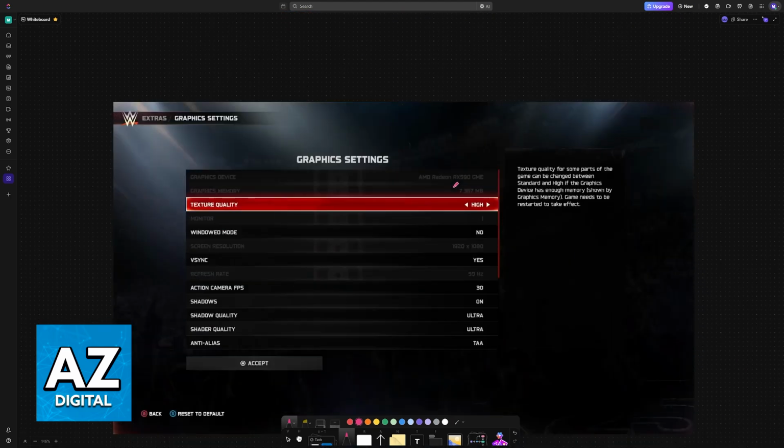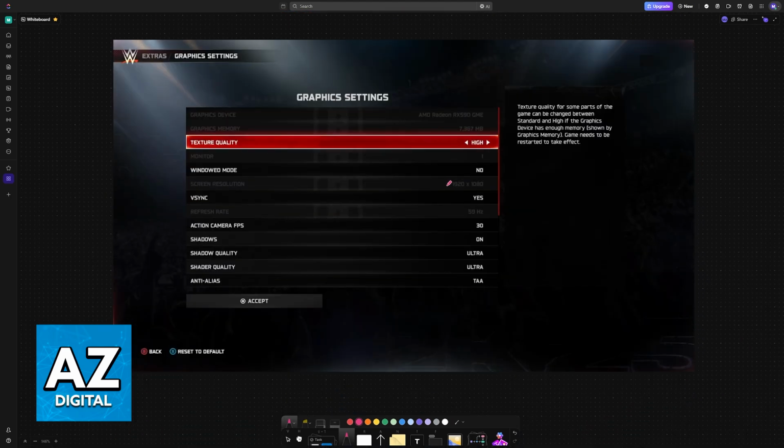So like I said before, it is extremely weird that they placed the graphical settings under extras because usually there's always a dedicated category like display or graphics under the main options. But either way, once you access this page, you are now free to change anything you'd like. So you will see all of the settings listed here. Some of them will be grayed out, usually the graphics card that you are using labeled as the device, the memory because you cannot change these values at will, but anything that can be changed will be available.